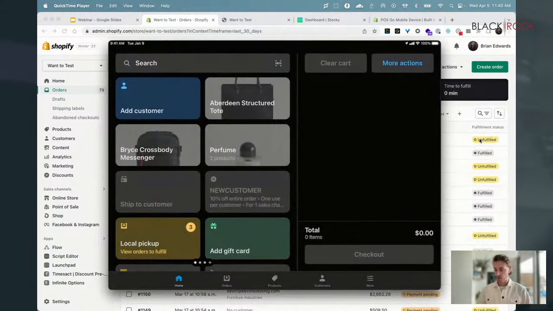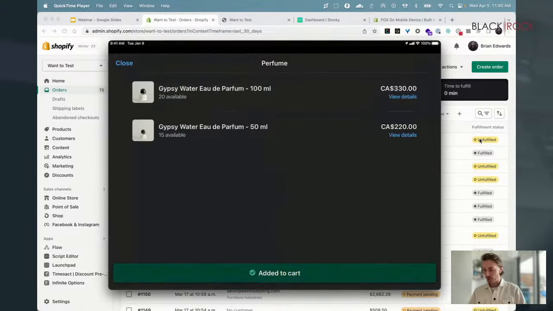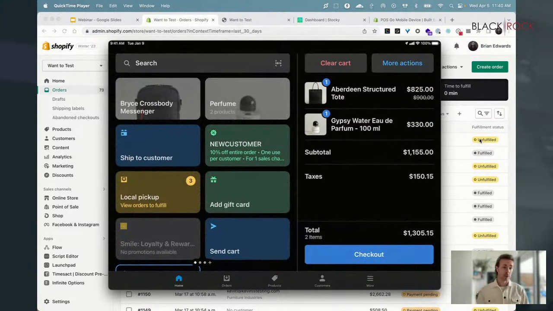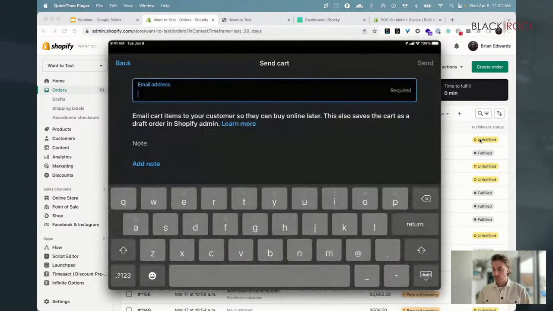Okay, let's look at a couple other scenarios here as well. Similarly, you may have customers who are browsing products who may be a little hesitant, or maybe just want to think about it. What you can do is send them this cart to their email address. So again, whether you're creating a new customer, just capturing a new email address, or pulling in an existing customer and their saved email address, this email that they will get essentially acts as an invoice,